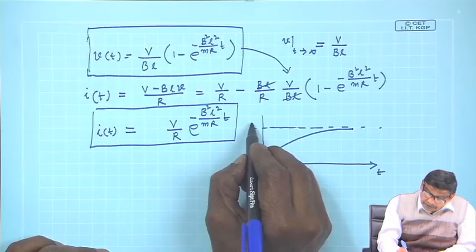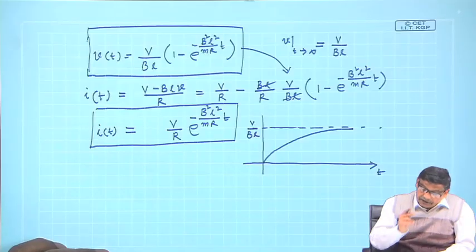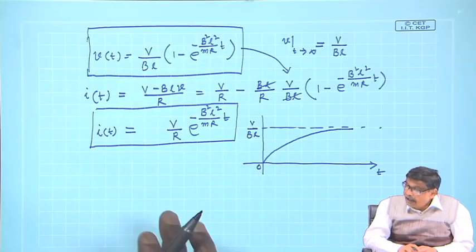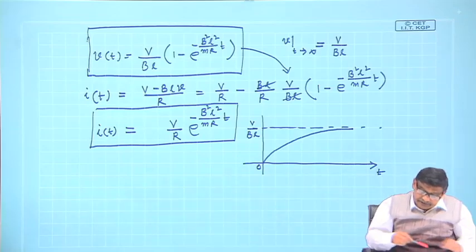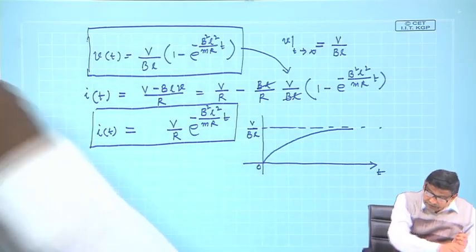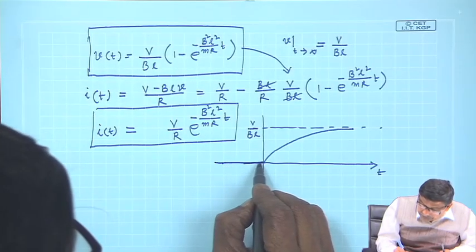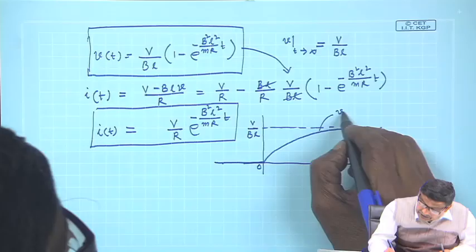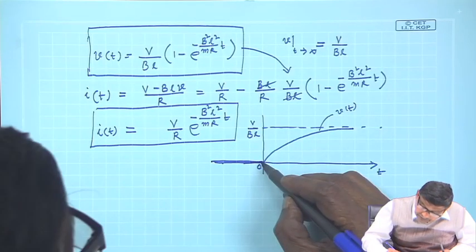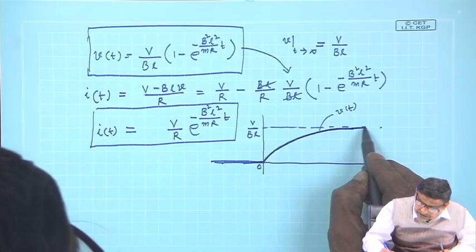This level is capital V by B L. What is capital B? Supply voltage. Exponentially it will rise. And what will be the current? Before that I will also draw: for t less than 0, velocity was 0. So, this curve is velocity v(t). Velocity was 0, then it was increasing exponentially, and finally the final velocity is